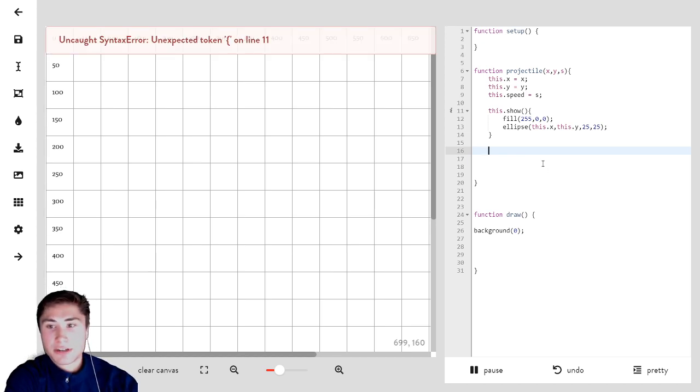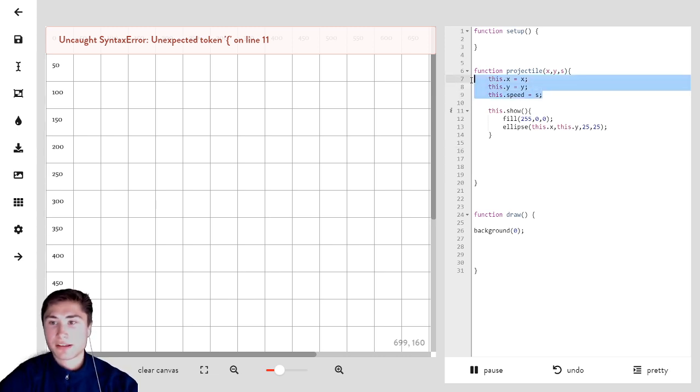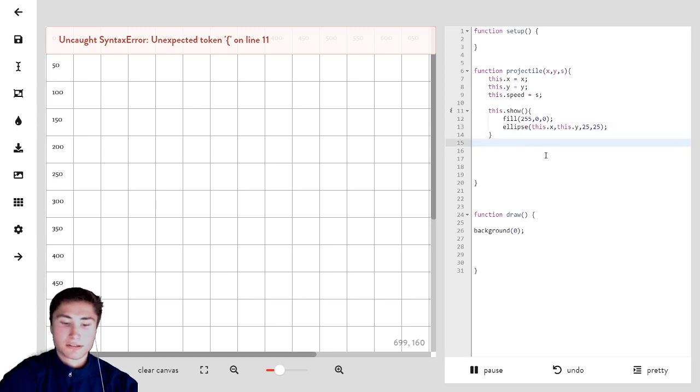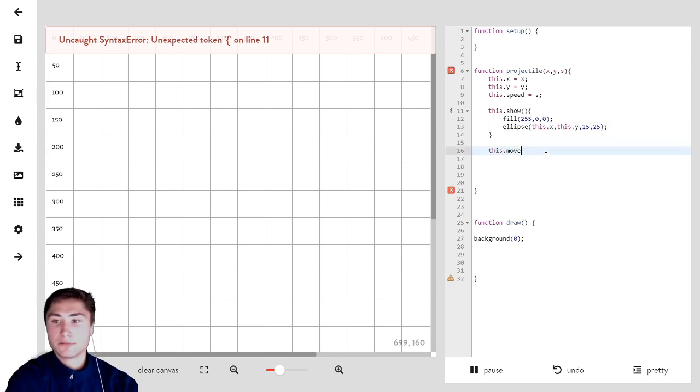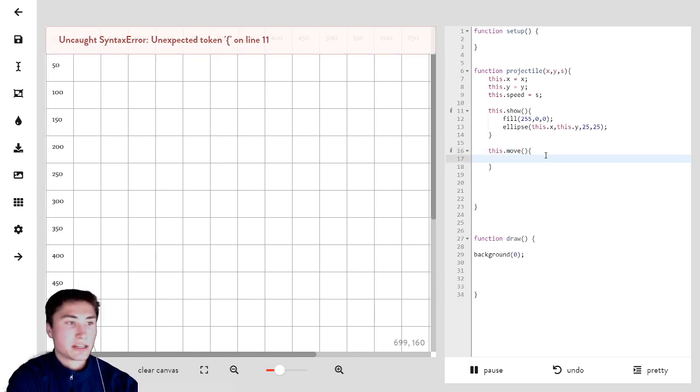So we have our show, and now our projectile also is gonna need movement. So we just find its properties. It has an x position, it has a y position, and it's going to have a speed. And then we said, let's represent this projectile with a red ellipse that has the position this dot x and this dot y. So now let's give it movement. This dot move, we'll call it. Open parentheses, open curly brackets, and here we'll say